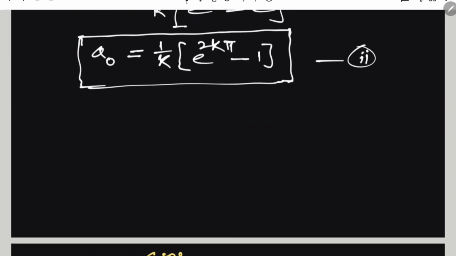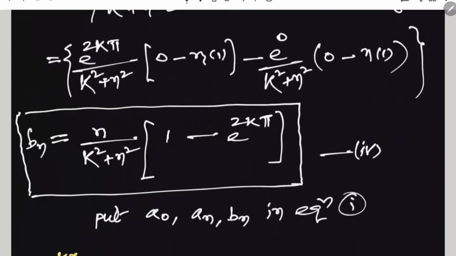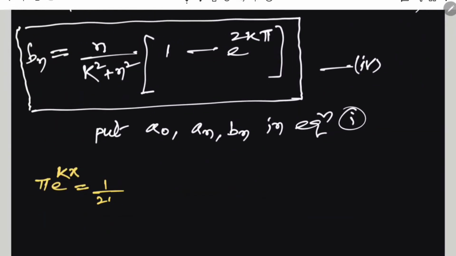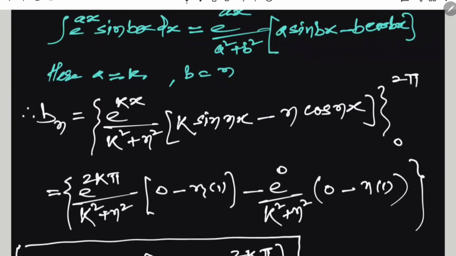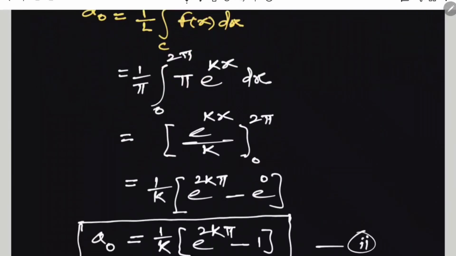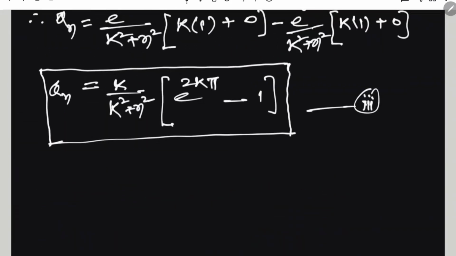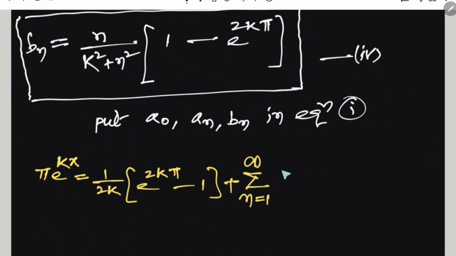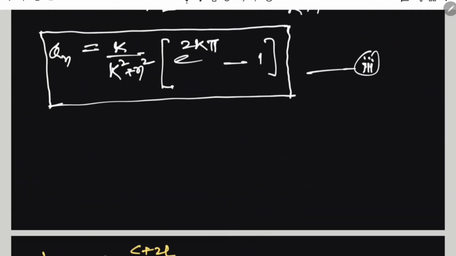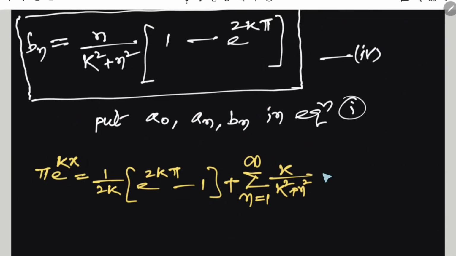The value of a0 is 1 by k, therefore divided by 2 means 1 by 2k, e raised to 2k pi minus 1, plus summation of an from 1 to infinity. The value of an is k upon k square plus n square multiplied by e raised to 2k pi minus 1